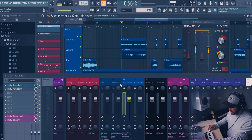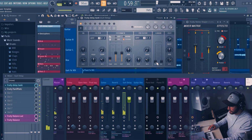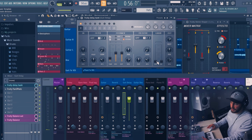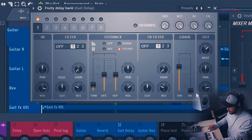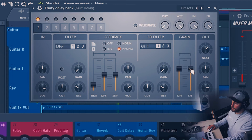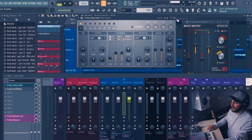Now, one of the things that I thought was really cool on the delay that I hadn't realized I could do before is changing the grain division and the grain shape. Now, if I turn these right down and just listen to the delay, it's really clean, and that's fine if that's what you want to go for. But if you turn it back up, it gives it this weird grit to it. It makes everything kind of shimmer and shudder,